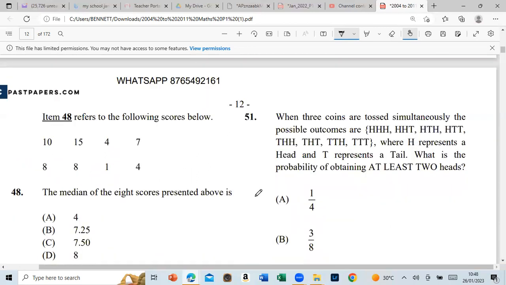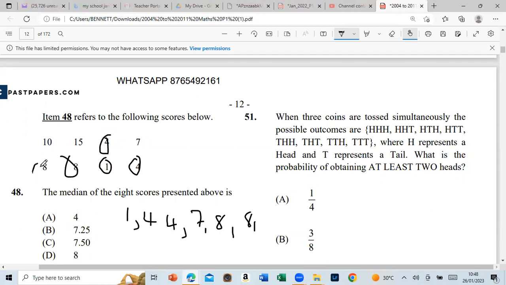Alright, 48 says, item that refers to the following scores below: 10, 15, 8, 4, 7, 8. The median of the 8 scores presented above is. Alright, so let me just try it. 1, 4, 4, 7, 8, 8, 7, 8, 8, and then we have 1. Then we have 7, so we have 10 and